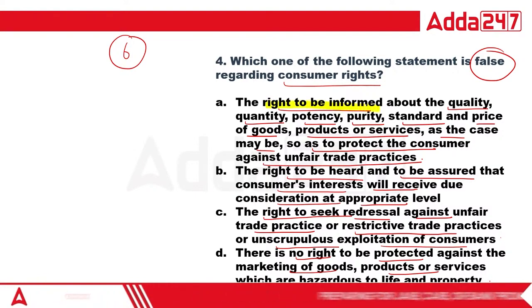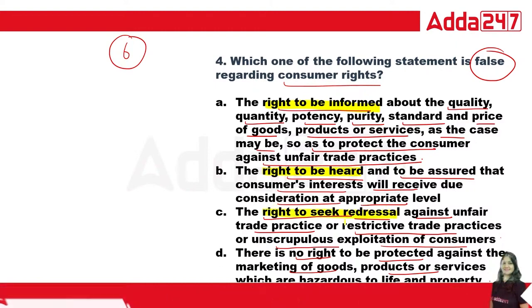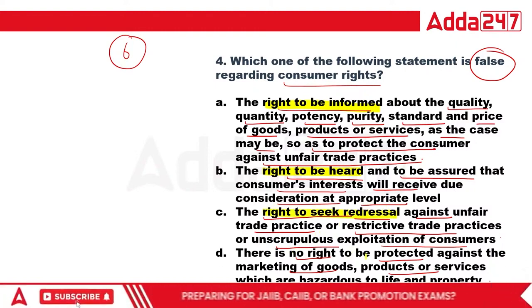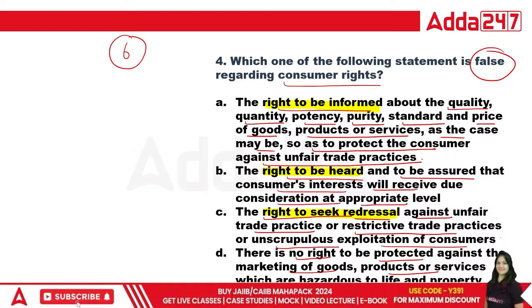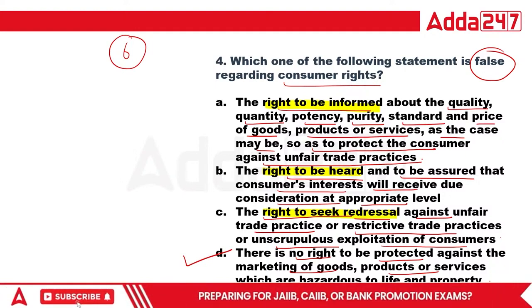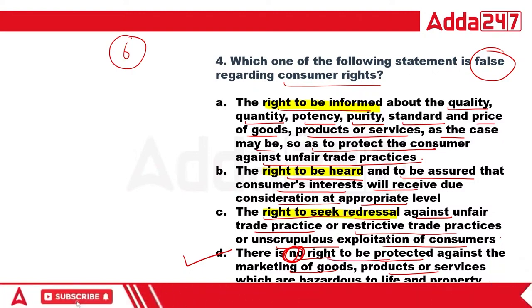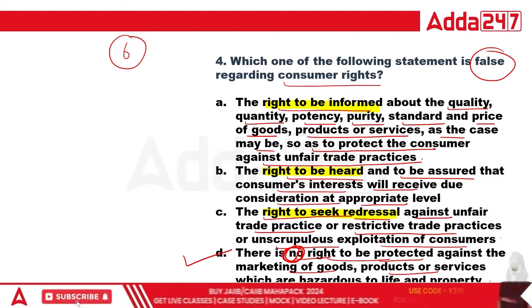Right to be informed, right to be heard, right to seek redressal. These are the consumer rights. But right to be protected is a right, and in this statement, no is written. So that's why D is the right answer. D is the right answer for this question because the word no is written here, and we know that right to be protected is also a consumer right. So that's why D is the right answer. Next,